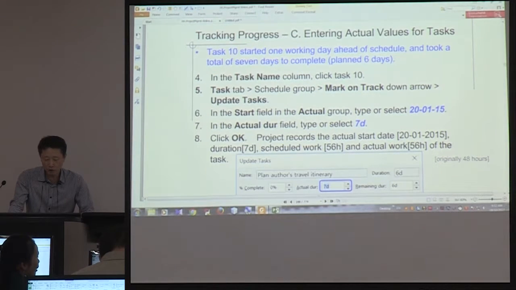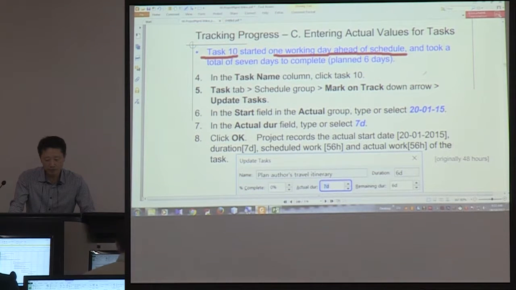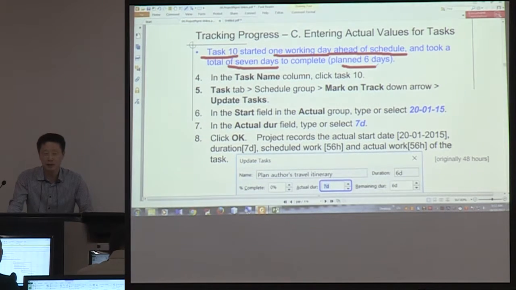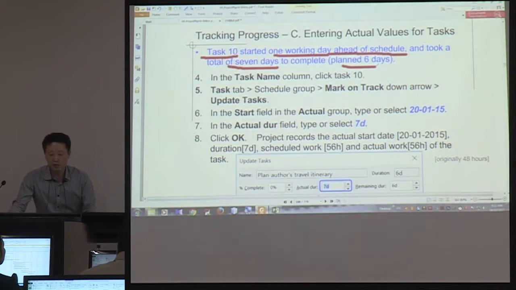Now we are going to enter some more. Task 10 started 1 day ahead of schedule and took 7 days to complete. Originally, it planned only 6 days, but it took 7 days to complete. So go to task number 10, and this time, we are going to use